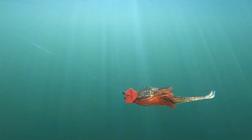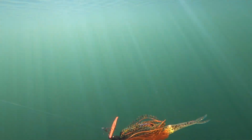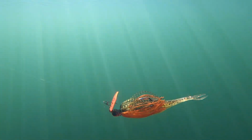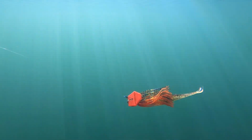A chatterbait is a pure reaction bait. You can catch them in 30-degree water, you can catch them in 100-degree water on a chatterbait. It is a pure reaction bait. Think of it more as a weedless crankbait. A square bill crankbait has the same thump on it that a chatterbait does, so that's a good way to